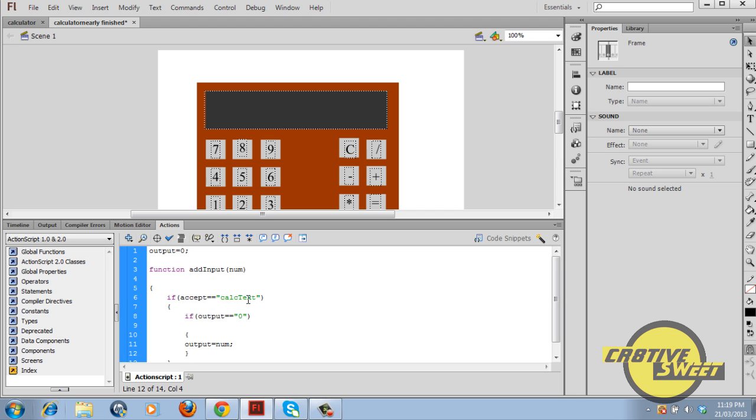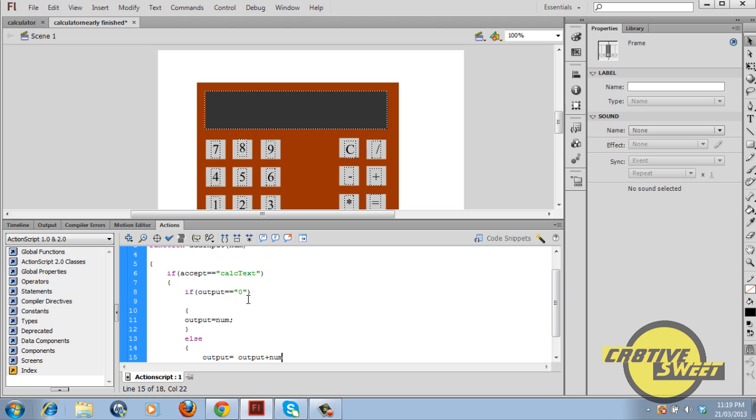Close parenthesis, else, open parenthesis, output equals output plus num, semicolon, close parenthesis